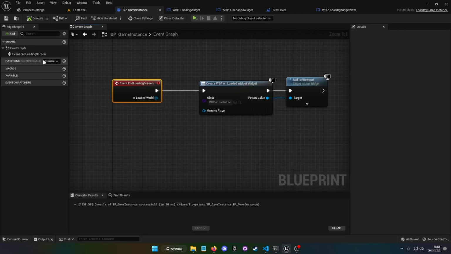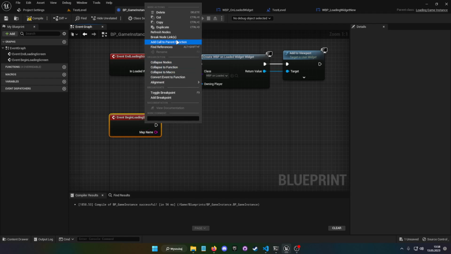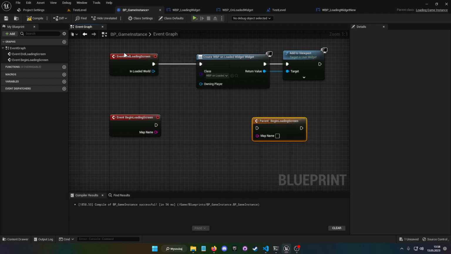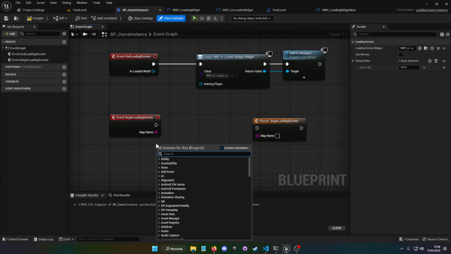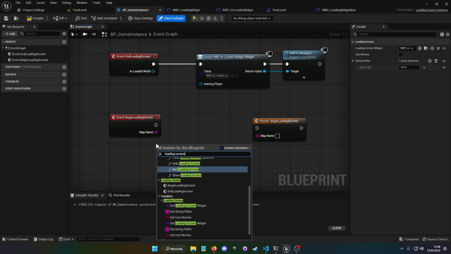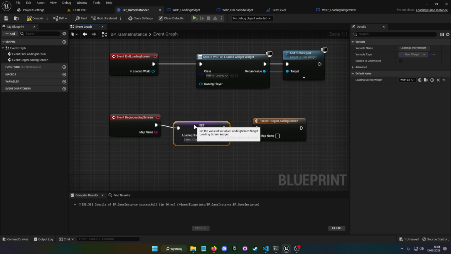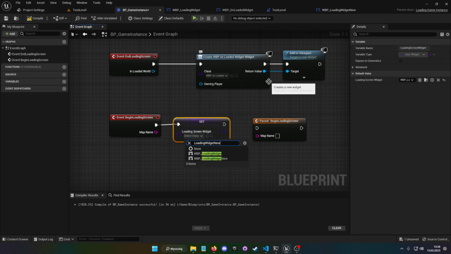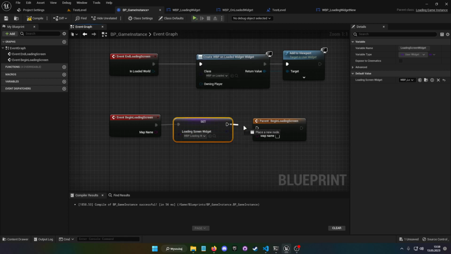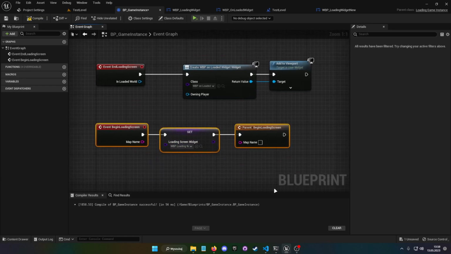And now let's test the begin loading screen. Does it do anything? Let's change a loading screen widget. Set, and let's set it to our loading widget new. And then call whatever is going on in the class.